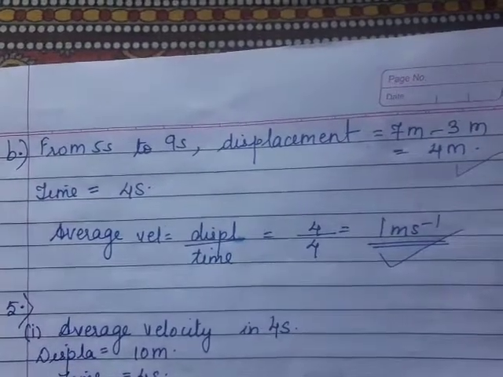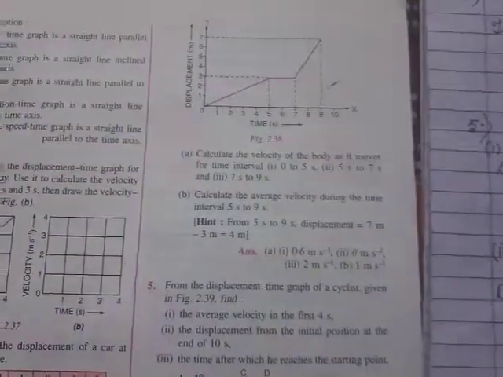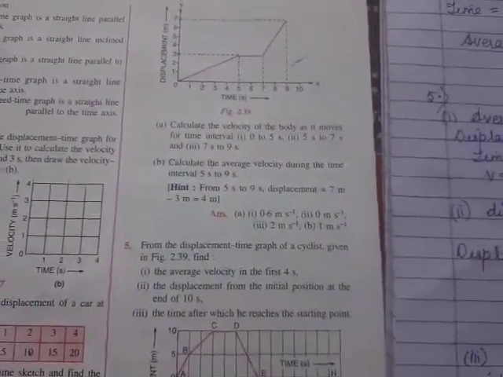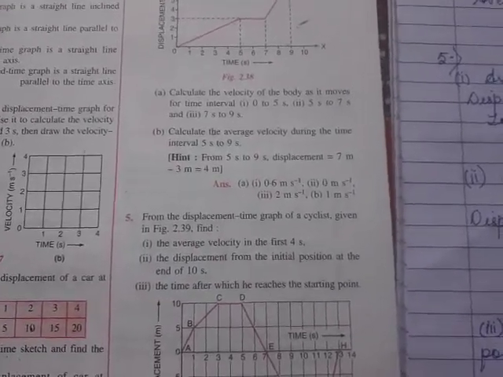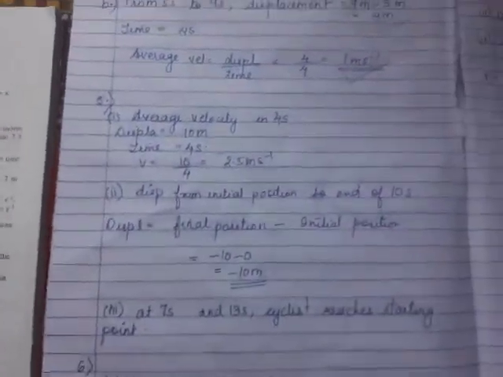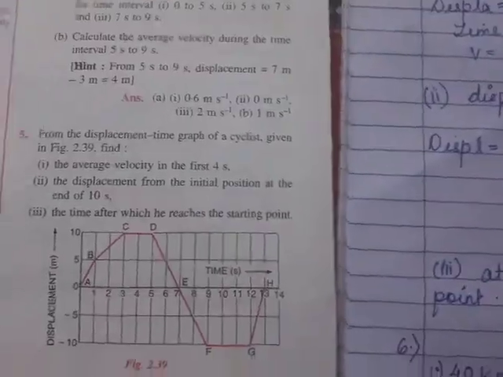So I hope all the things are clear. That is, with the help of the graph, you have solved this particular sum. Okay, now let's go to the fifth numerical. So I hope it was very clear what is the solution of it. Fine. Now fifth numerical, let us go to that.